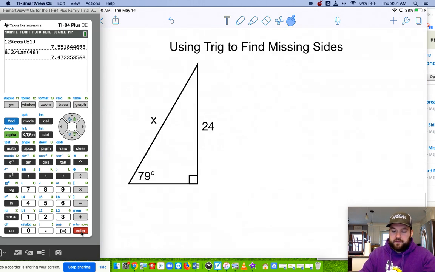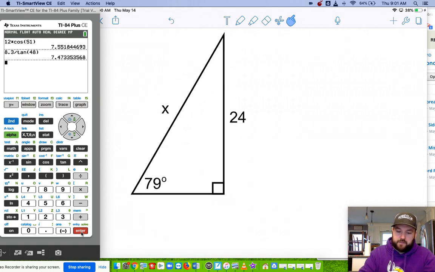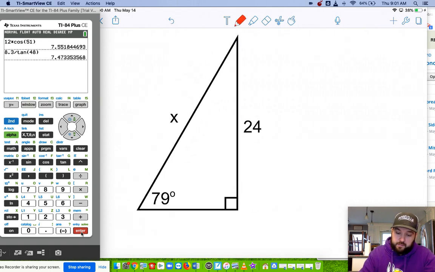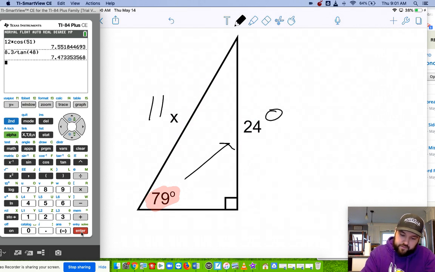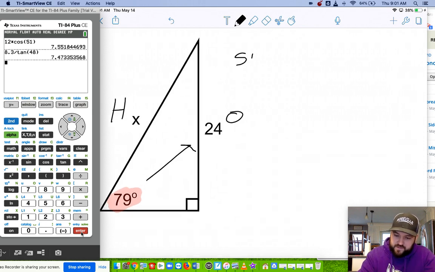And finally, one last one just to wrap this up. Here I'm trying to find the hypotenuse. So my angle is 79. I have the opposite, which is 24, and I'm trying to find the hypotenuse. So I'm going to use sine. So I have sine of the angle